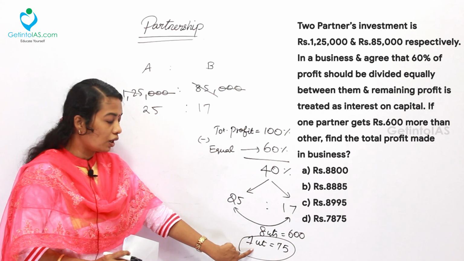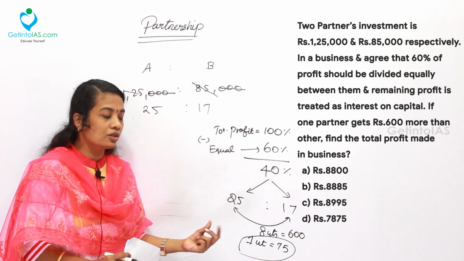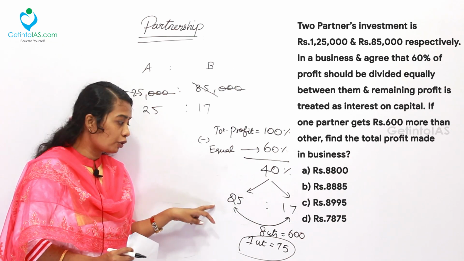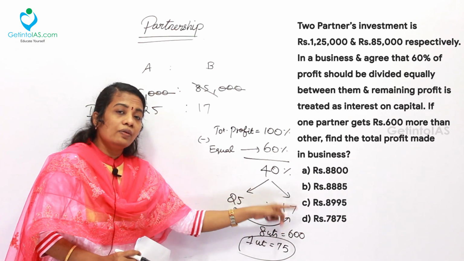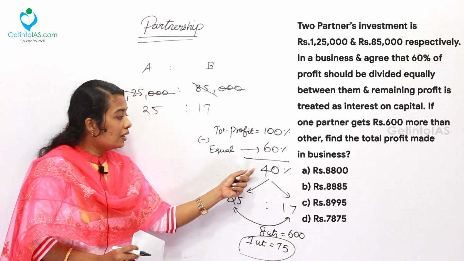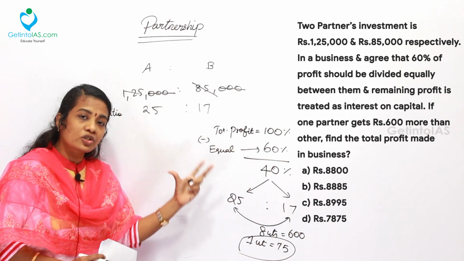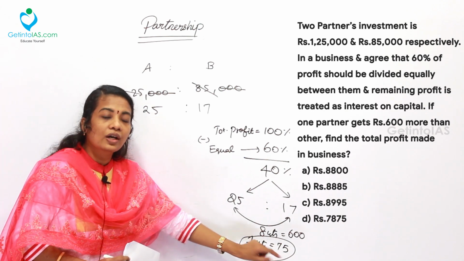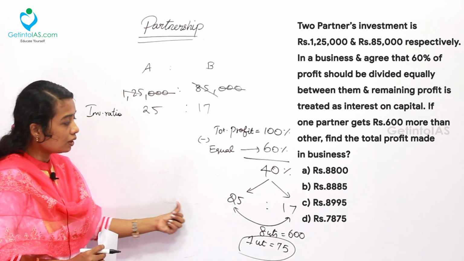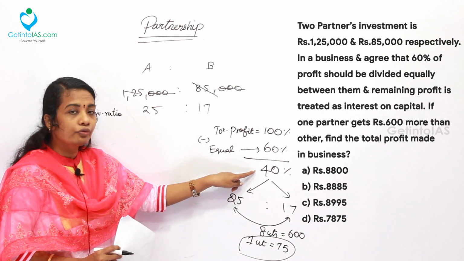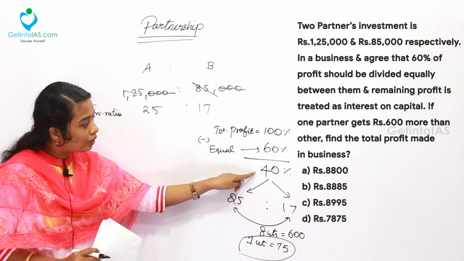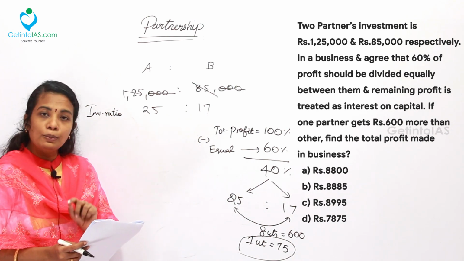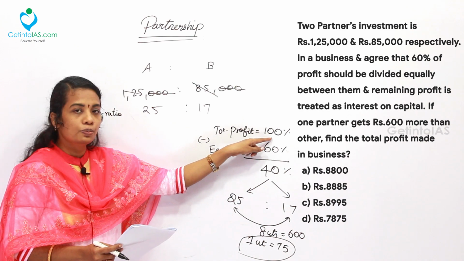As soon as you get 1 unit, you can answer many questions. What is the share given to A as a profit share? Here from the 40%, what is the share given to B? Like that, what is 40%? What is 60%? Many questions you can answer with the help of the single clue: 1 unit is 75 rupees. Now, the next step is to find what is the 40% amount. After that, from that 40%, you can arrive at what is 100%. Here, the total profit is asked, so our focus must be over here.